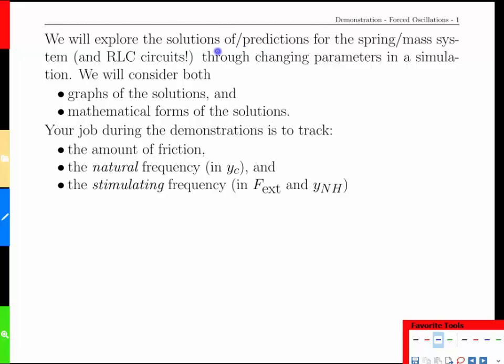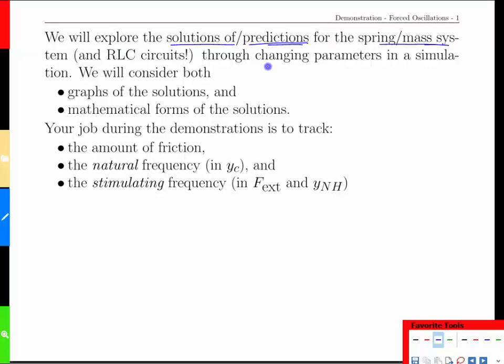As we move back into applications, try to remember that the solutions that we're finding for differential equations are really predictions about what is going to happen when we set the system going. We're going to be thinking this through primarily with the spring mass system, but also remember that there's a parallel for circuits that is exactly analogous because the mathematics is exactly the same. And what we're going to do is explore what kinds of solutions we get, what kind of predictions we get,